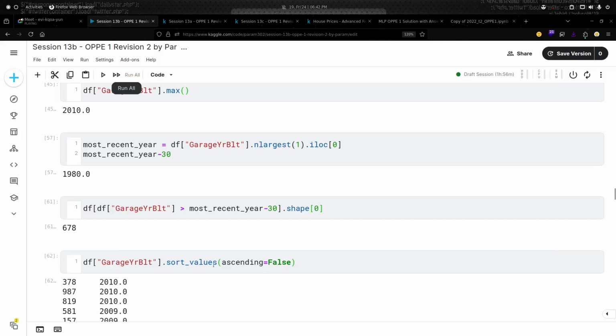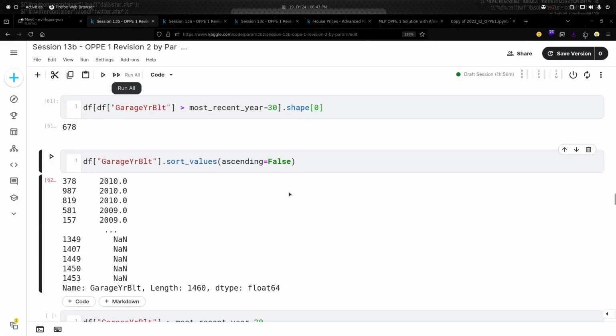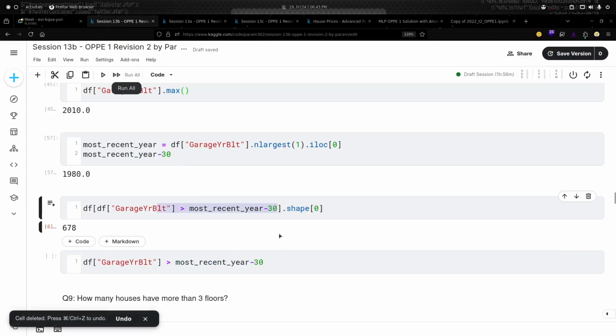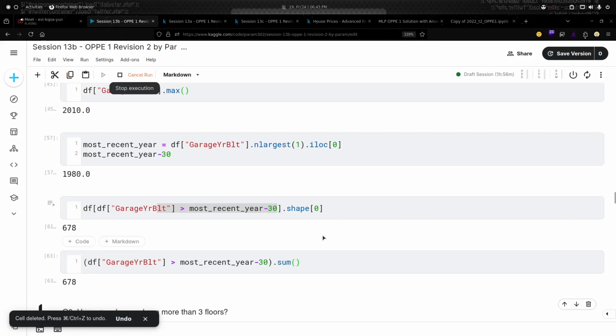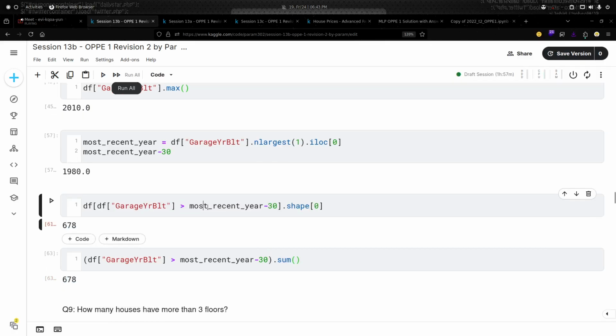So we have sorted in ascending manner, and then wherever we have values less than, yeah, similarly again we have to compare it with 1980, right? Only then they will come to me. The same thing I am doing here. So I think this is a better, easier way. And as one of you said earlier, we can use dot sum also, right? On the filter I will get the same answer, right? So is this understood, guys?